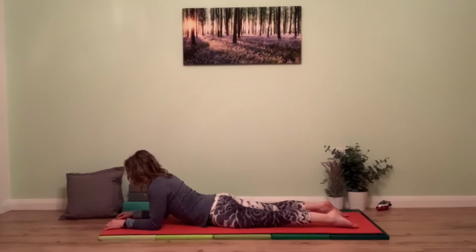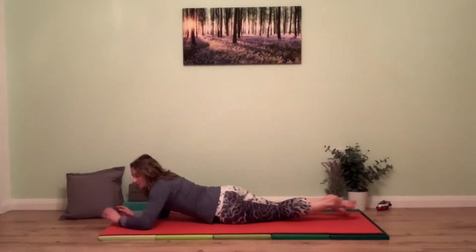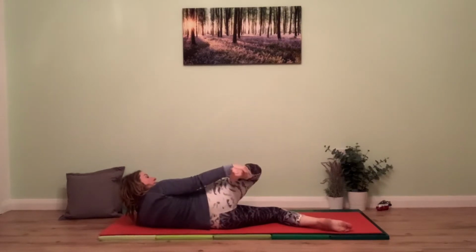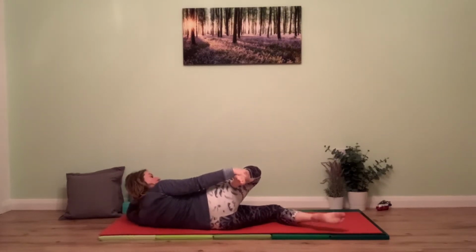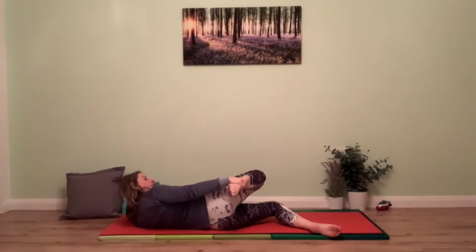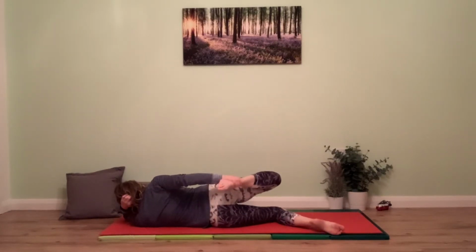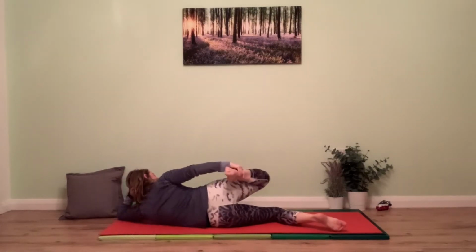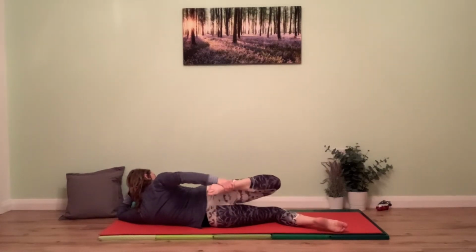And then slowly changing, coming onto your other side. So again, as you draw it onto your other side, still thinking about keeping that long spine, whatever that bottom leg and bottom arm wants to do to keep you comfy. And then drawing the leg up and in. So again, tight, flattening through the back. And once you flatten through the back, I want you to keep that notion of pressing the knee down for 5. So again, pressing it down,